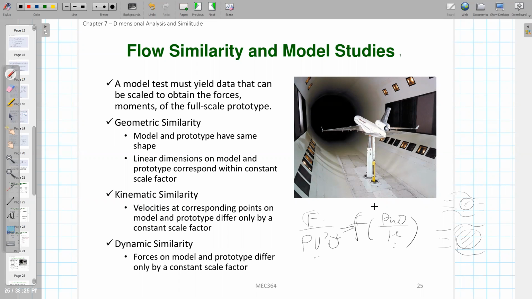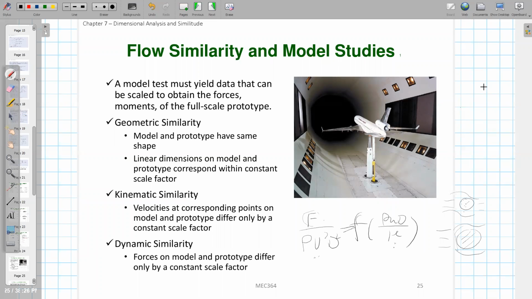Now coming back to our dimensional analysis, we just need to use the Buckingham pi theorem to study the function for the lift force or drag force of this airplane, which reduces to several dimensionless parameters. If we can make sure that all the dimensionless parameters that determine the non-dimensional drag force or lift force are the same in the wind tunnel condition as in the realistic flight condition,